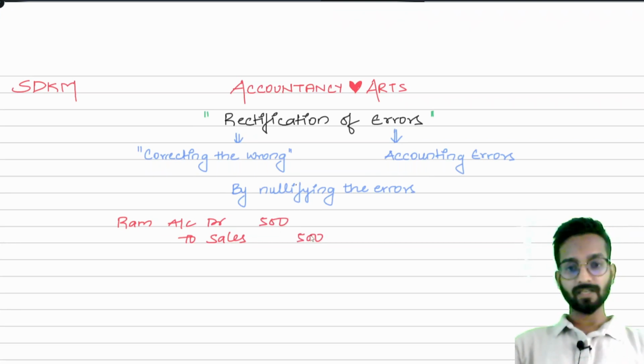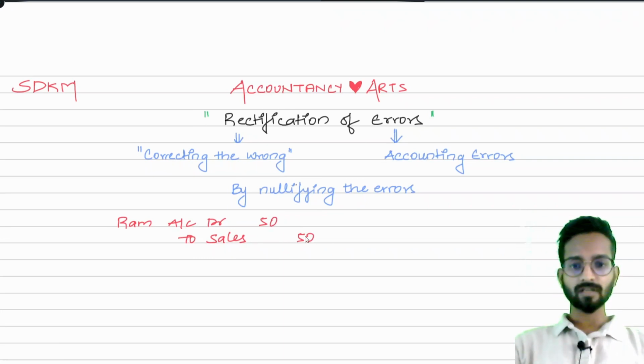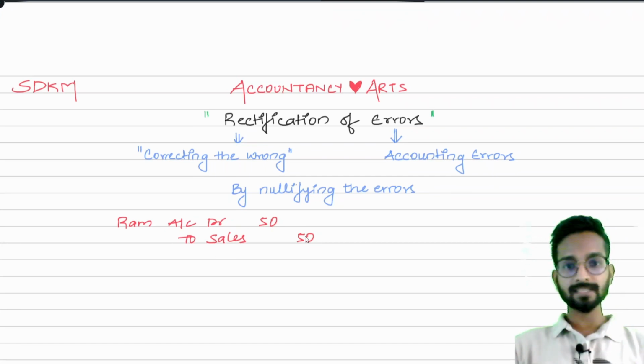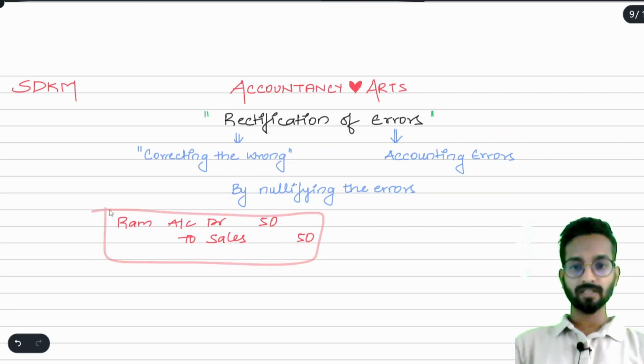Simple enough. If I tell you that by mistake, no, I did not write here 500, I have written here 50 and 50 only, then what will you say? Sir, erase that entry and prepare a new entry, pass a new entry. That is what I am telling you here, that you cannot erase any journal entry, okay? You have to put another entry after this so that the total of those entries will become 500. Now tell me, if I want here amounts as 500 and 500, what should I do? See, remember one thing, you cannot edit this entry, you cannot delete this entry, okay, you cannot erase this entry,